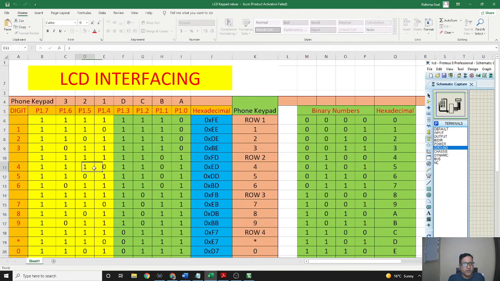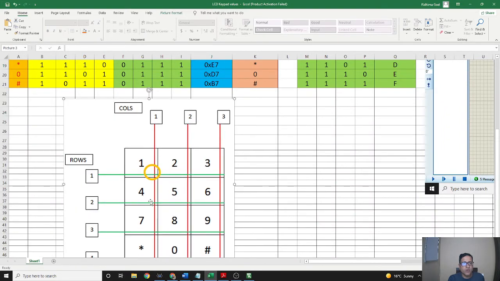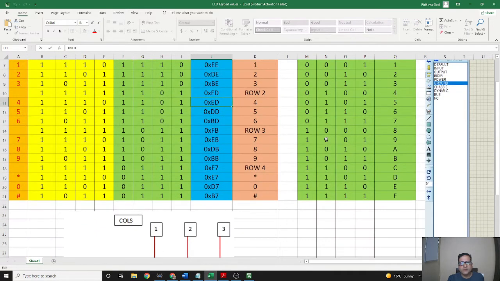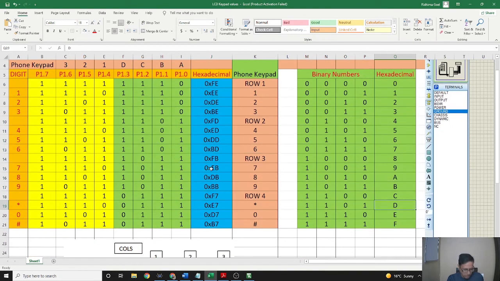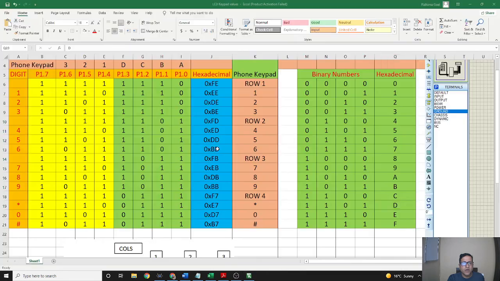And likewise, if the first button of this row is pressed, we are now talking about the number 4. If 4 is pressed, then this position is called, and for 4 we have here 1110, meaning ED. You can check it from this map that E and D are the hexadecimal numbers for this. Now we will check it in the code, ED.